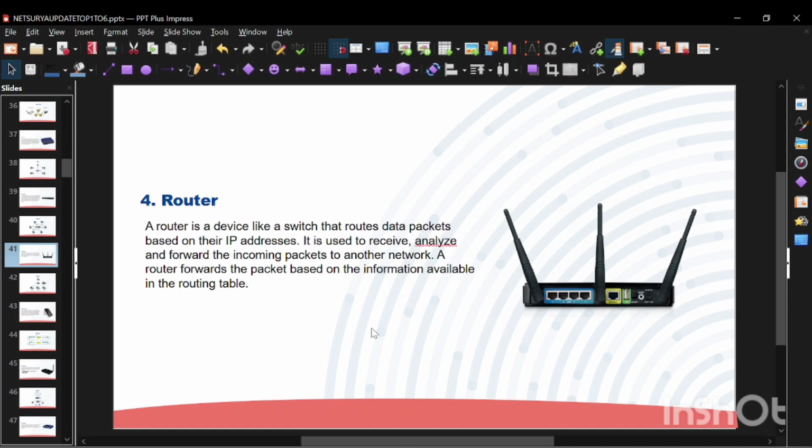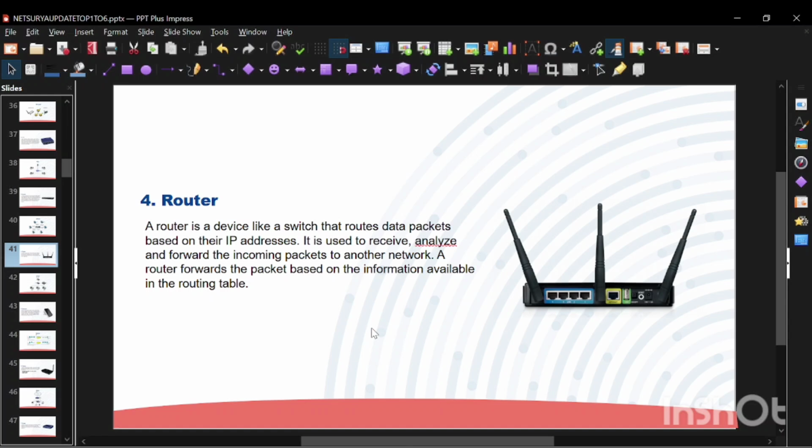The router decides where each request should go. Like if your phone wants to visit YouTube, your laptop wants Google Docs. It also makes sure the reply comes back to the correct device inside your house. So the router sorts everything and sends them to the right place on the internet.